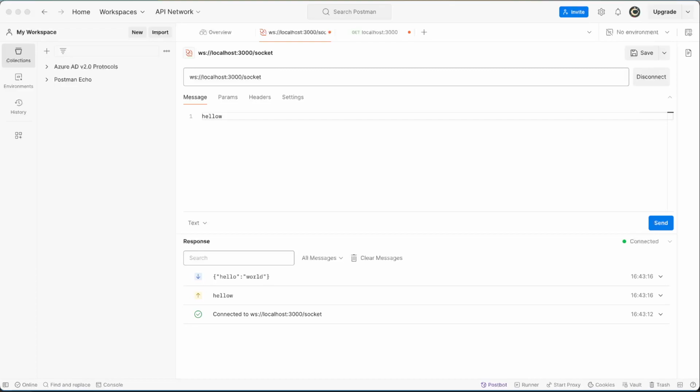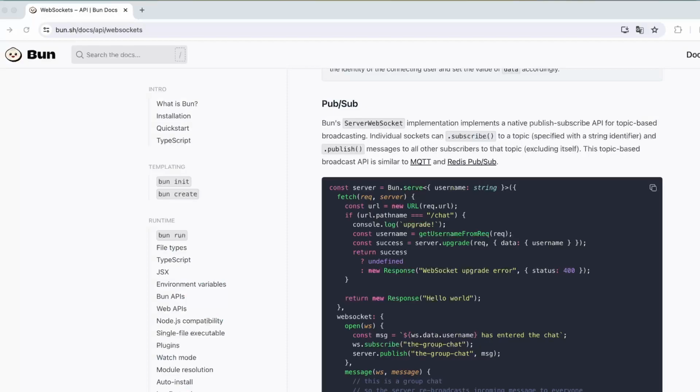So I will show you a little bit where you can find the right info to go a little bit deeper into it yourself. I said it to you, Bun has a pub/sub, and the implementation implements a native